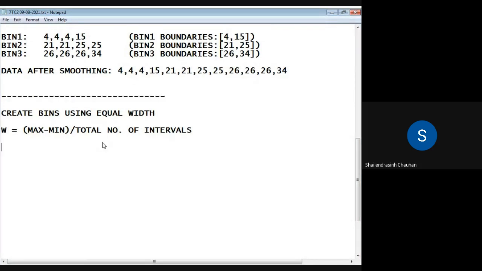Let us say the data given to us is this. So let's find out the width. Width equals maximum value 28 minus minimum value 0, divided by 9, and the value that you will get will be around 9.33.